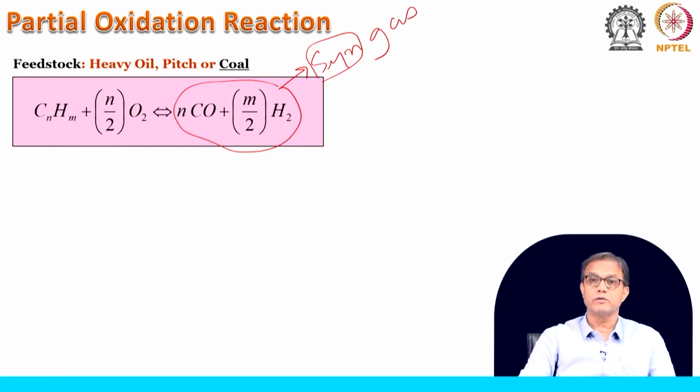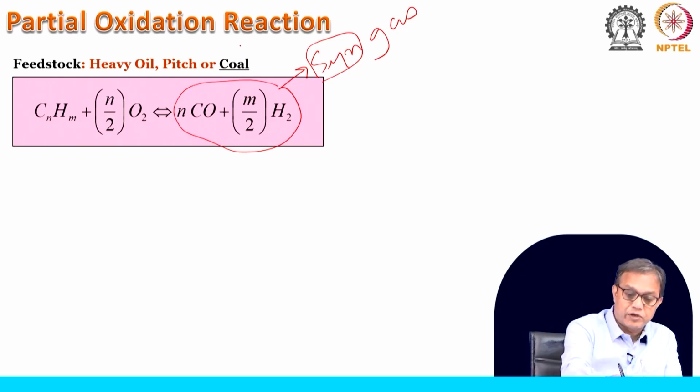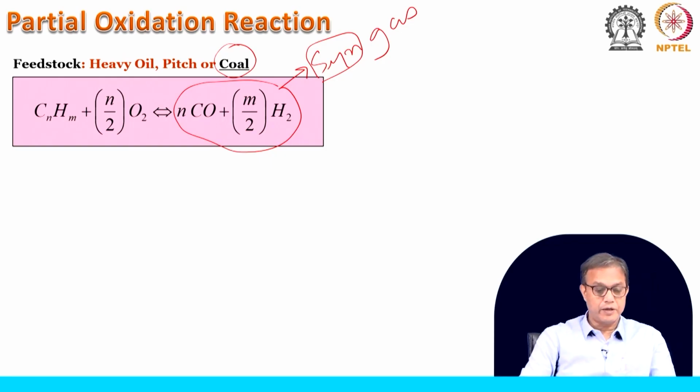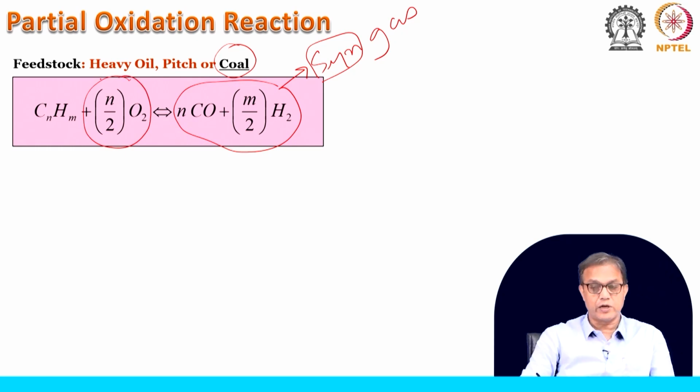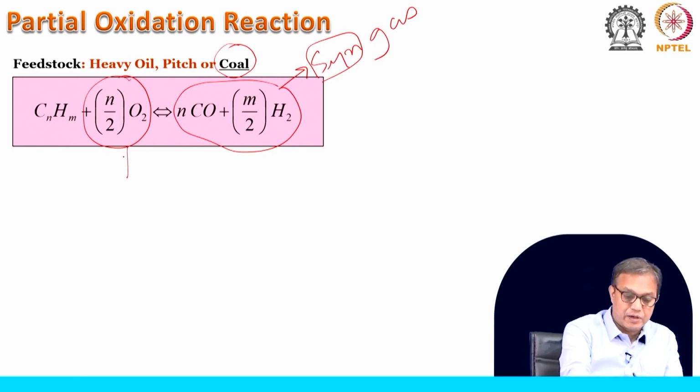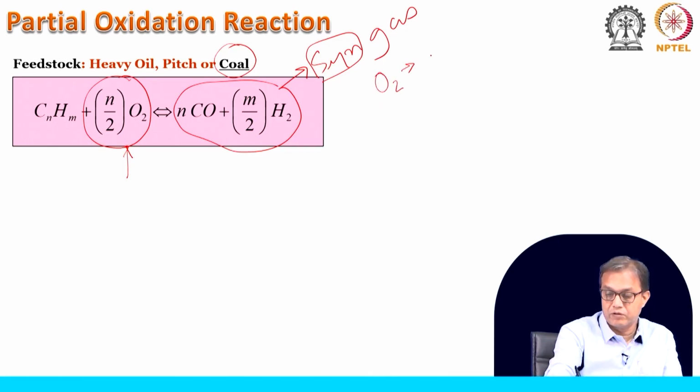So, this syngas, the CO and H2 combination, is produced from coal, heavy oil or pitch, and here we have taken pure oxygen in this reaction. That means you have to separate this oxygen from air. It is worthy to tell you that this O2 comes most of the time from air, and there we separate